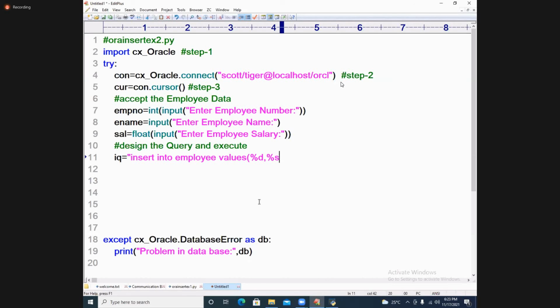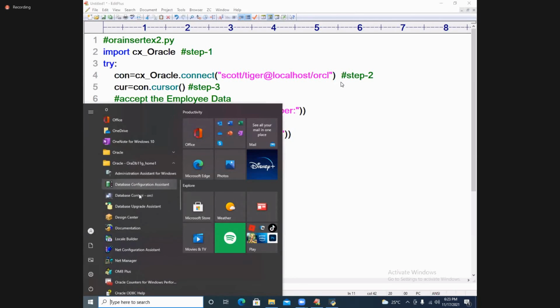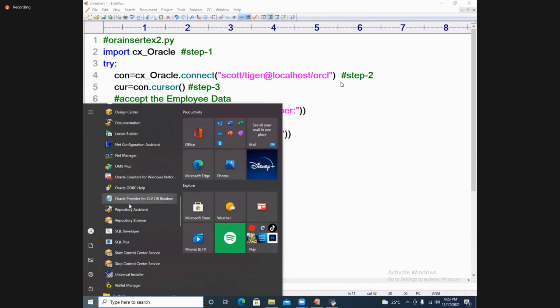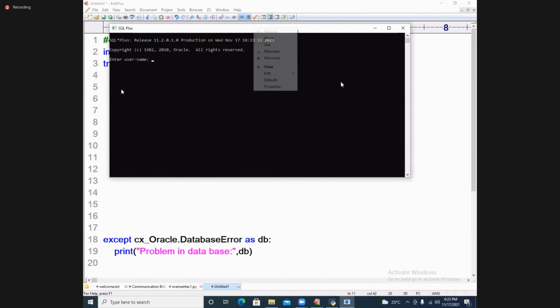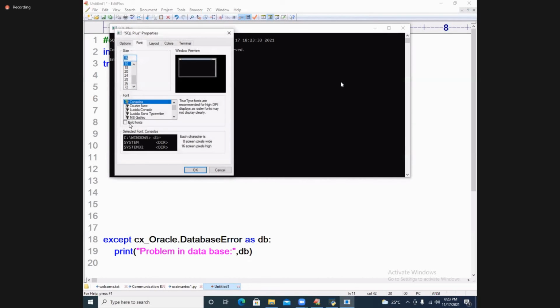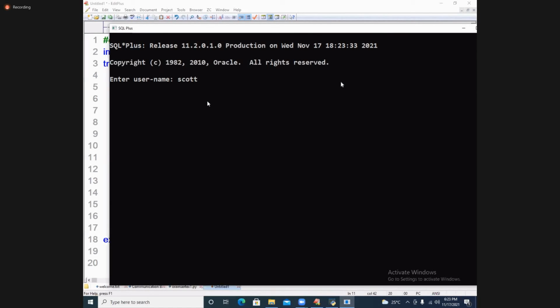Percentage s means name. Because in the Oracle database, let us go to the Oracle database once. SQL Plus. I will take one minute. Here, Scott, and then Tiger.